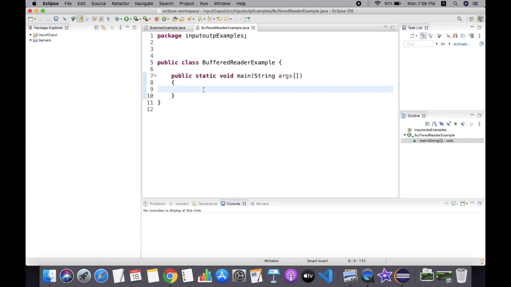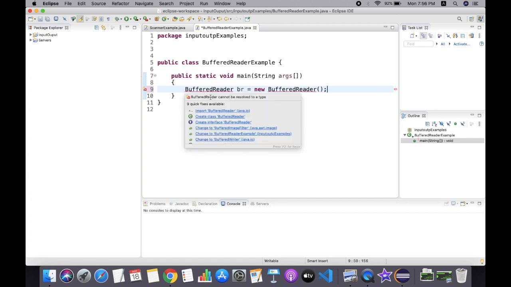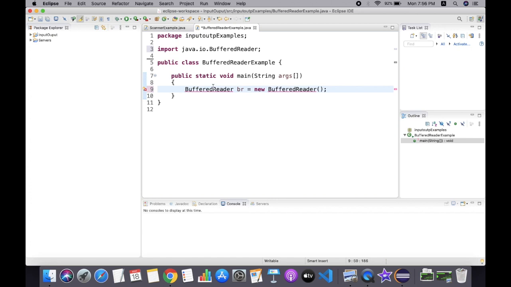Okay, so moving on, let's declare an object of the BufferedReader. Now this BufferedReader class is present in the package java.io, java input-output, and I have imported the package to get rid of this error.